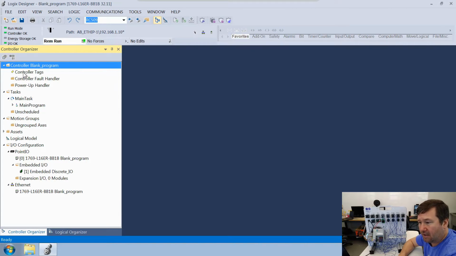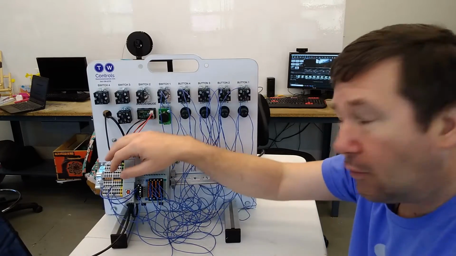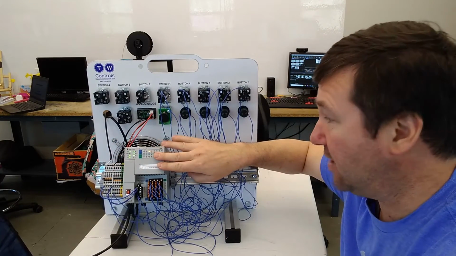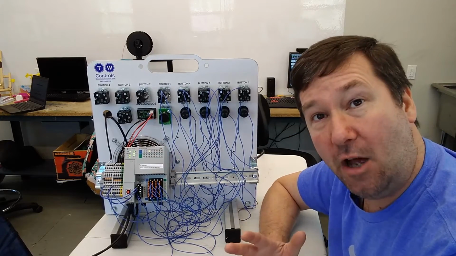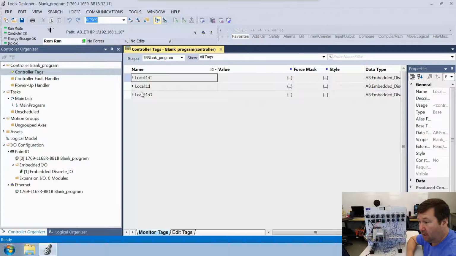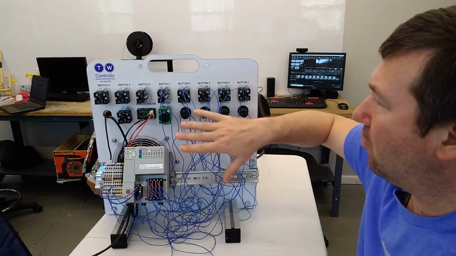So let's start in controller tags. Open it up and you're going to see local, C, I, and O. Well, local means this local physical chassis right here. And the I are your inputs and the O is for your outputs. So we open up our local 1I. Then you're going to have fault and you're going to have data. And right now we're just going to concentrate on this data because we already see we have a 1 in yours. Now if yours is wired,